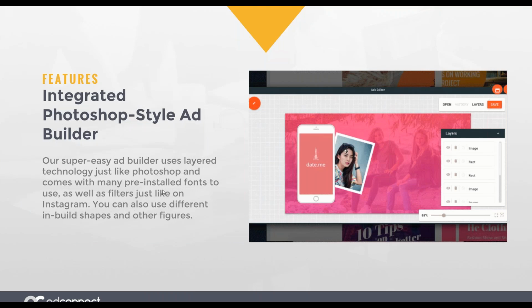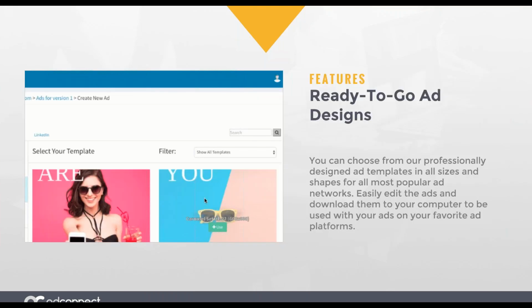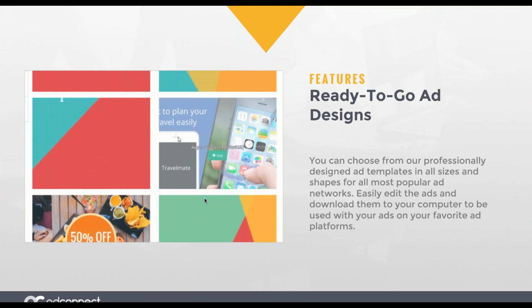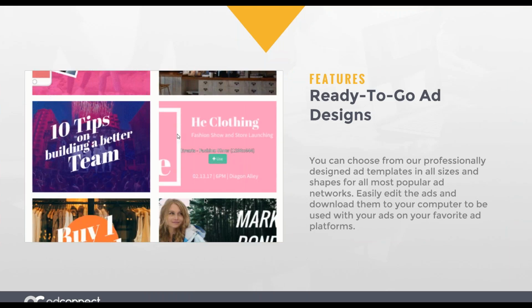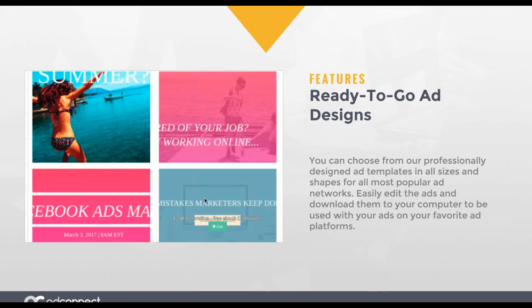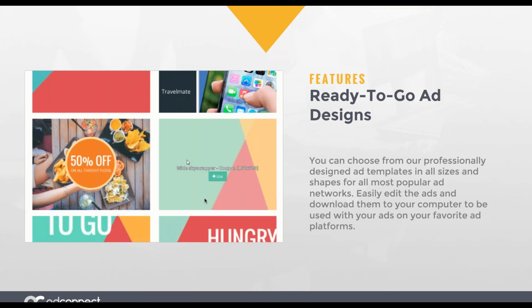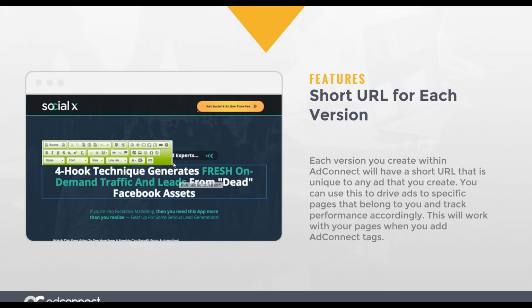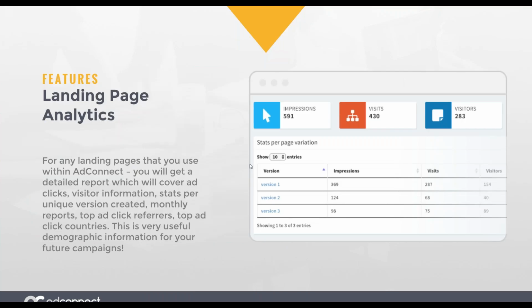You have the integrated Photoshop style ad builder as well. You have the ready-to-go designs, over 100 of them, that are fully customizable and will fit either a website banner, Facebook banner, or Google ad banner, and you can even adjust it to custom sizes as well. You can shorten the URL for each version, which is going to be available in the old version, or you can